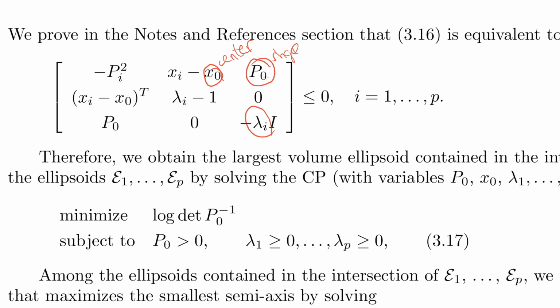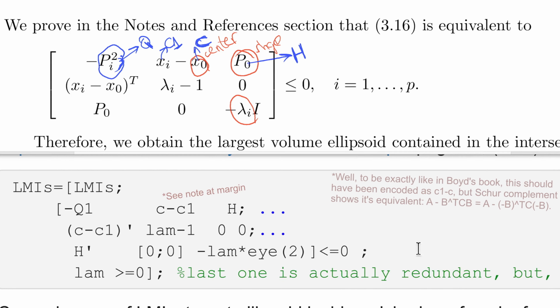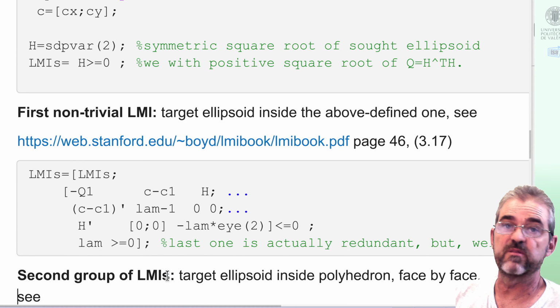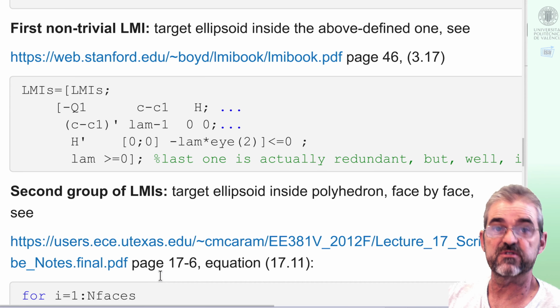Then I used another notation in the sense that I called this H, and the center I called C, and the center of the given ellipse was C1, and this thing I called Q. But with this change of notation, this is exactly what I wrote in the Matlab code at the bottom of the screen. So this is ellipse inside ellipse, and now my second set of LMIs will be those for ellipse inside polygon